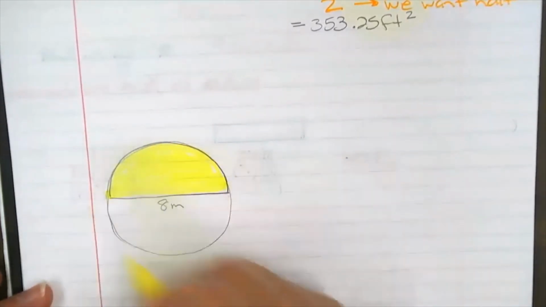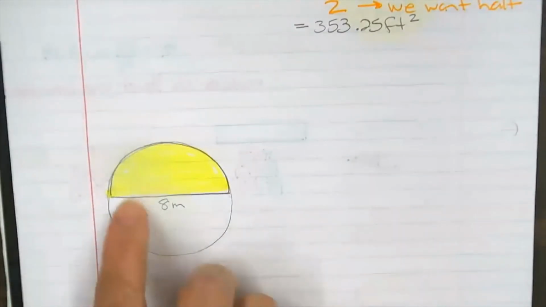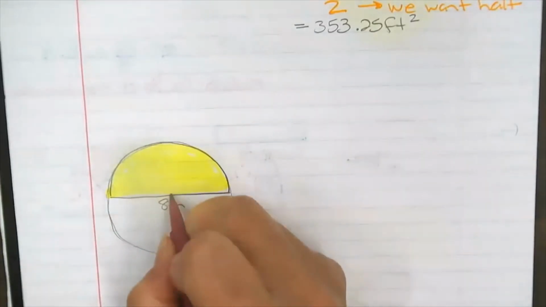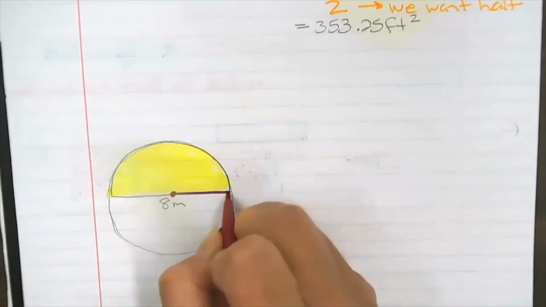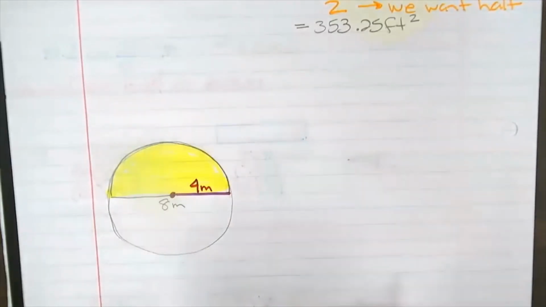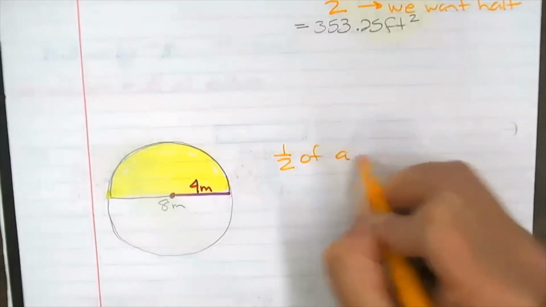We want half of the whole circle. And in this case, they're giving us the diameter. We don't want the diameter, we need the radius. And the radius is half of the diameter. So we need to remember that we are looking for half of a circle,